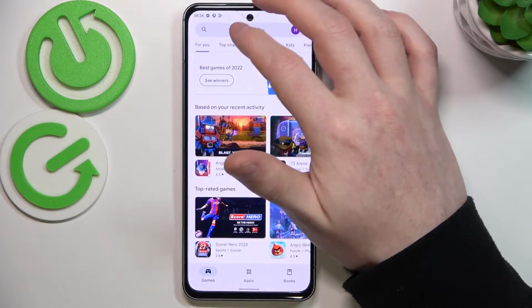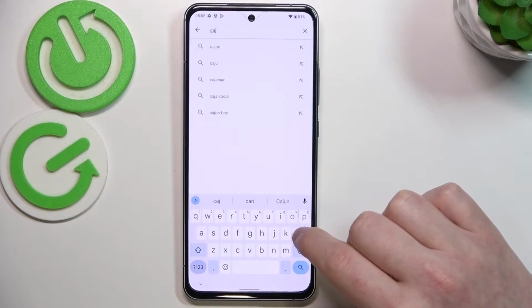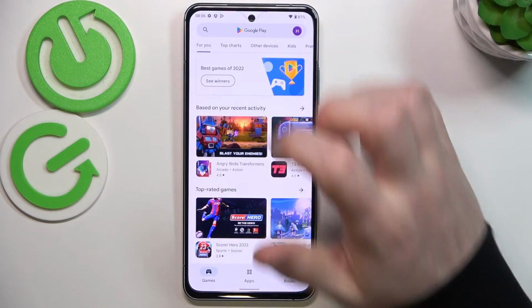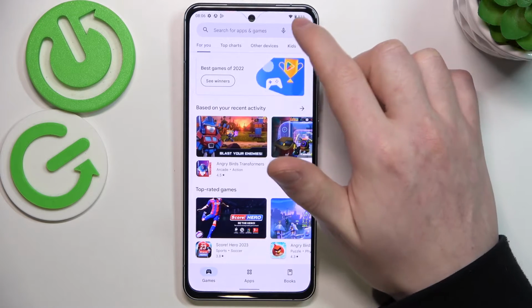So first let's launch our Google Play Store. Here we can try to find the game. But as you can see, there's no results, and to fix this we'll need to go back, click on your